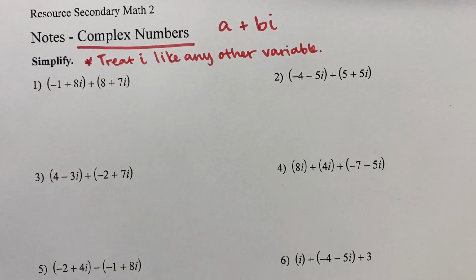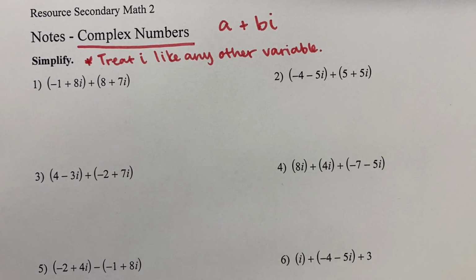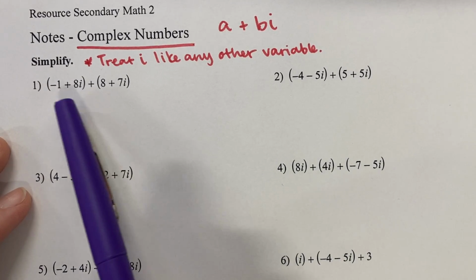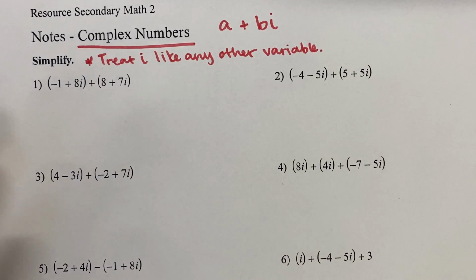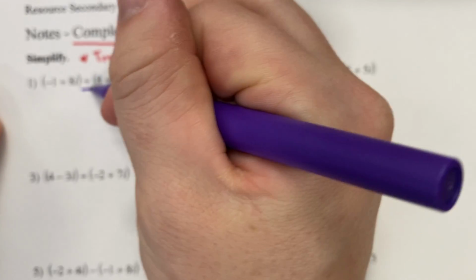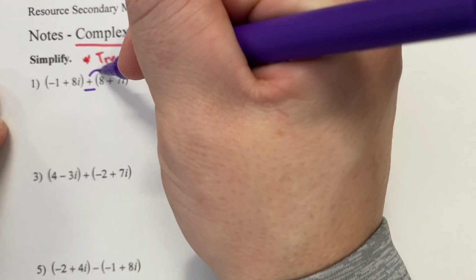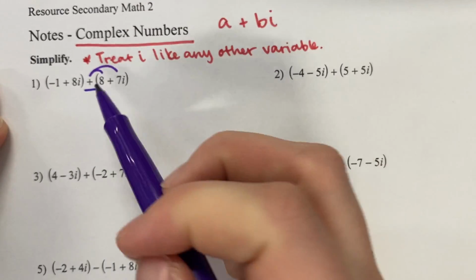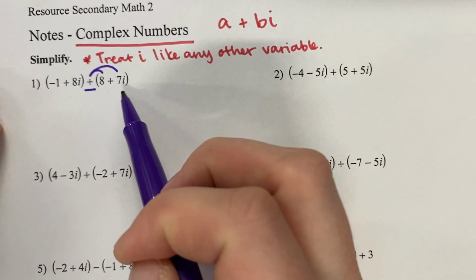Okay, so what I mean by that is we are now thinking of it as adding some binomials, just polynomials, multiple terms. Okay, so since we are adding, think the addition sign distributes and it keeps the signs after it